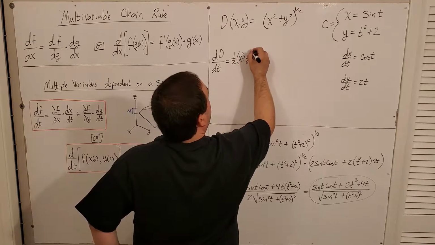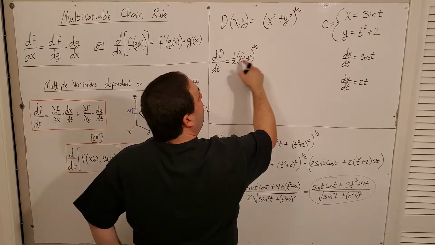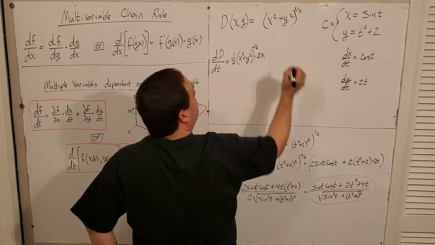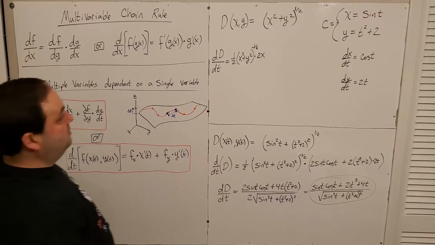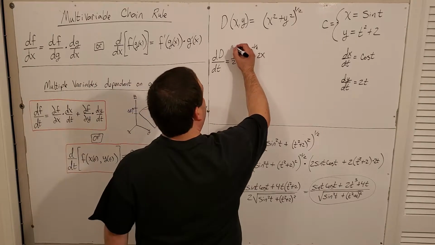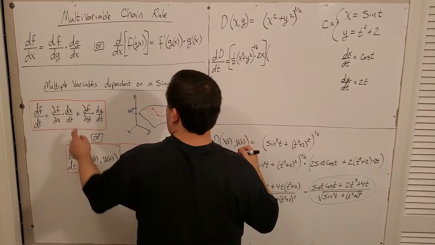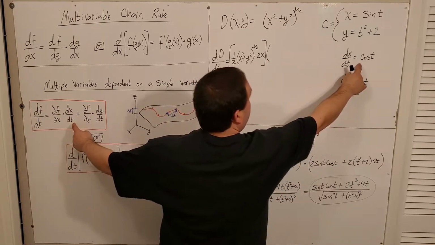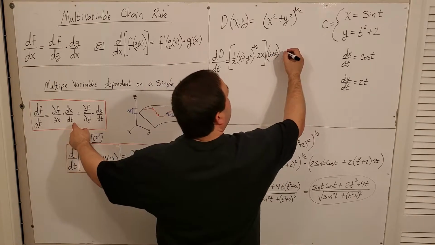Remember, leave it alone, to the negative 1/2 times 2x. That's partial of f with respect to x, times dx dt. So that's cosine t. Plus,